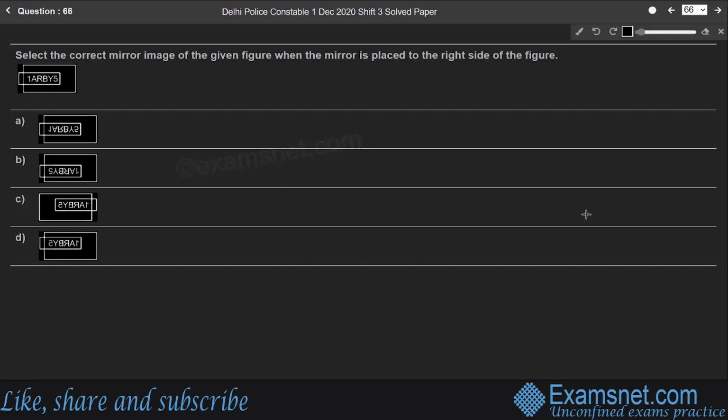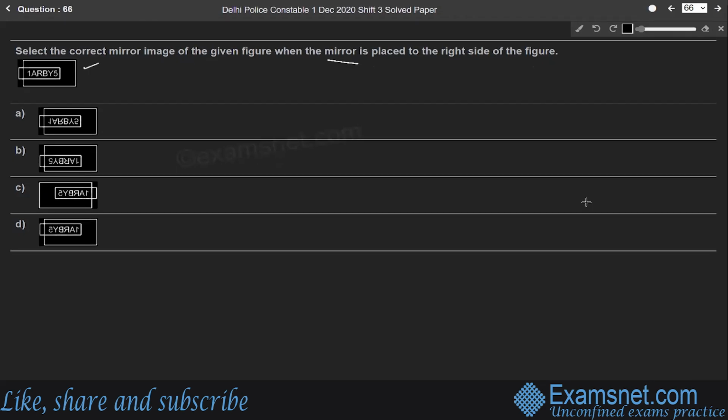Question 66. Select the correct mirror image of the given figure when the mirror is placed to the right side of the figure. The given figure is a rectangle. Let us draw a rectangle, then a small rectangle piece like this, where 1, A, R, B, Y, 5 are written. When a mirror is placed to the right side of the figure, like this, we'll get the mirror